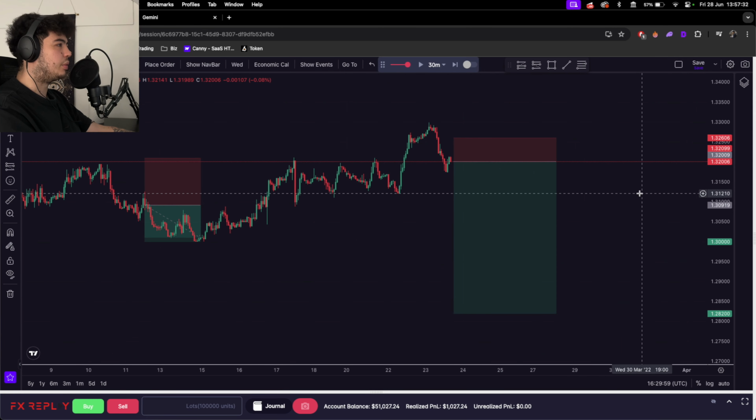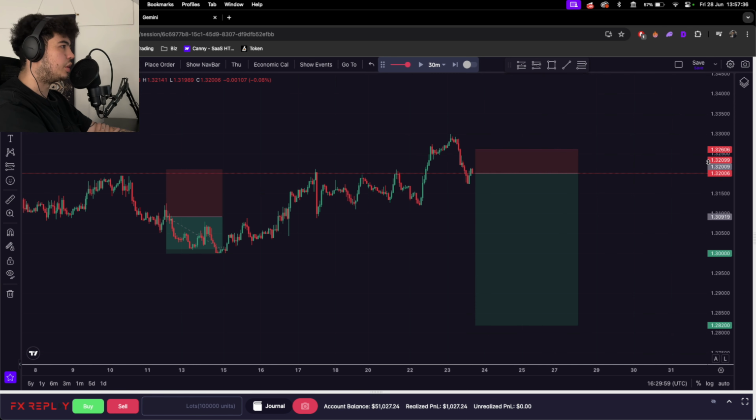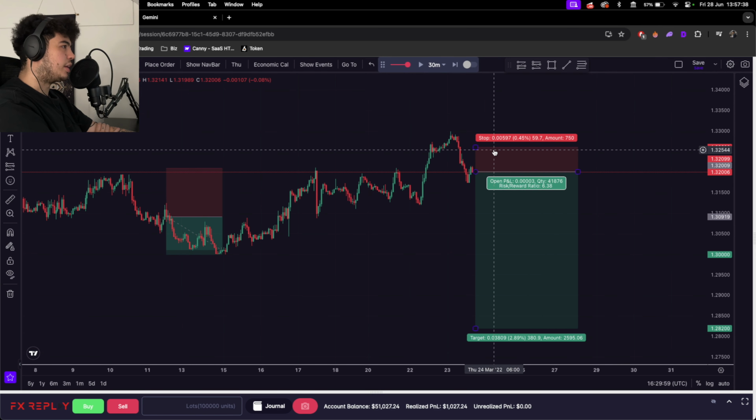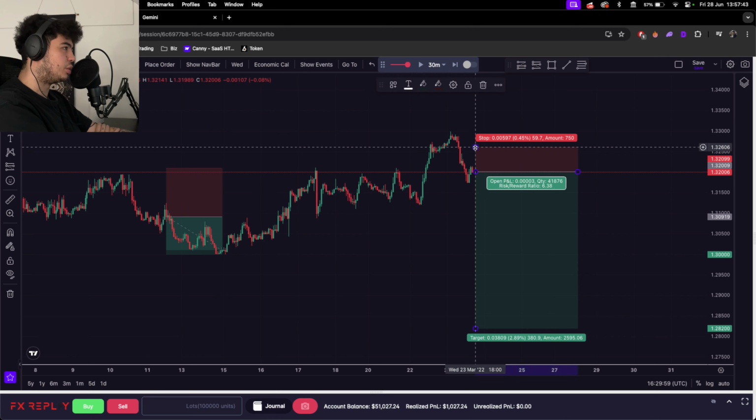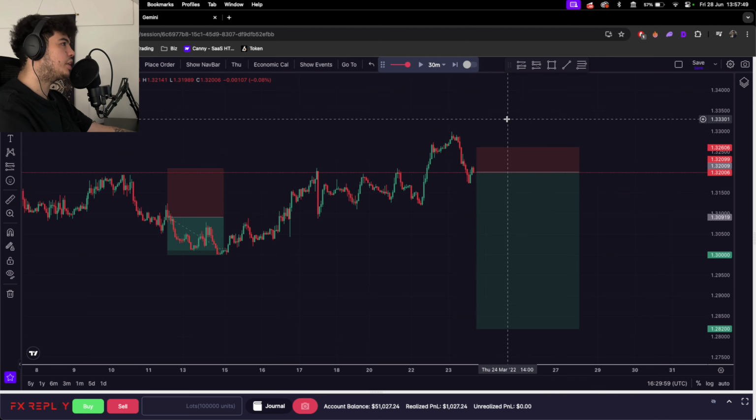So it's, wow, that's huge. Actually, it's going for a really large R&R position here. I don't like this personally. I first of all don't want to short this. I would more be looking towards going long. And if I was to go short, my stop loss would be ideally above here. So let's see how this one works out.